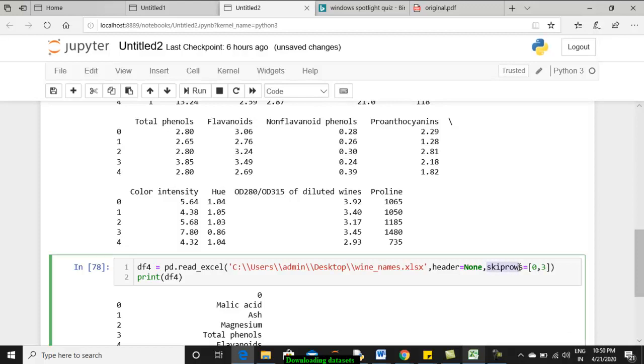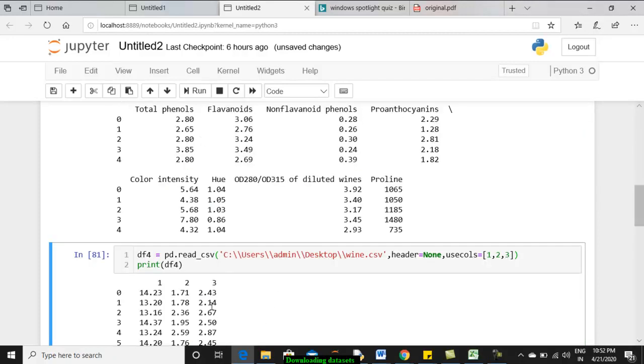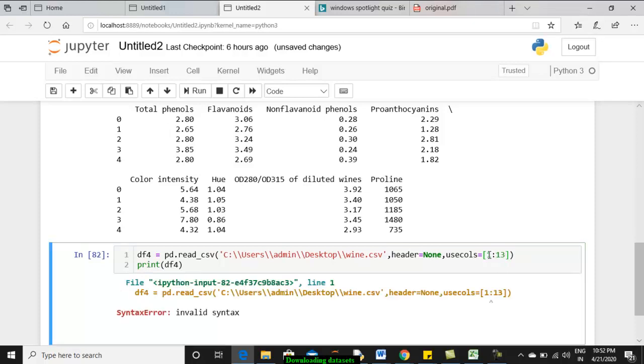Similarly, you can restrict the number of columns that you are using. For example, let us take the wine data set .csv. You can see only those values will be retrieved. Similarly, if you want to miss out only the first row, you can start with 1 and use till 30. So now that all the data is downloaded, it's ready for processing. Okay, thank you.